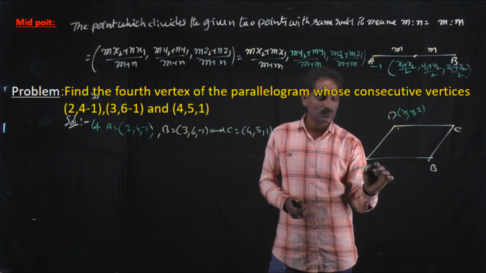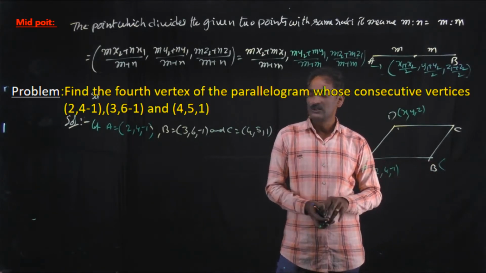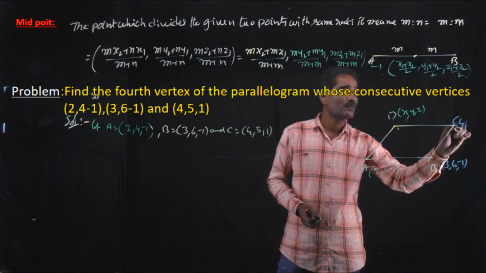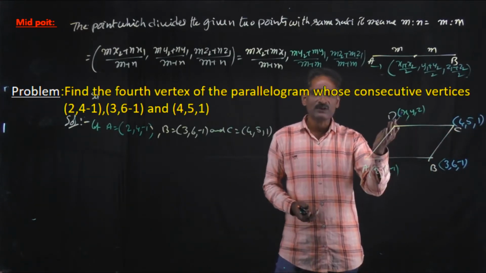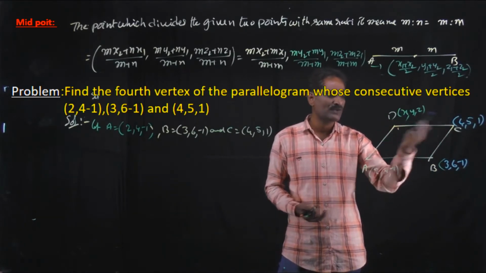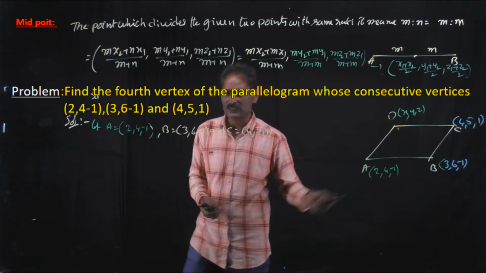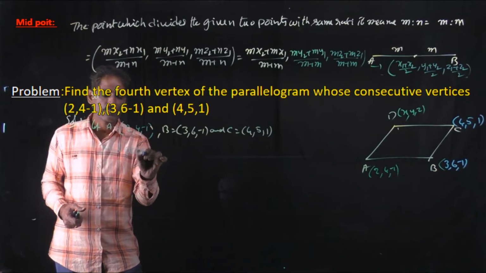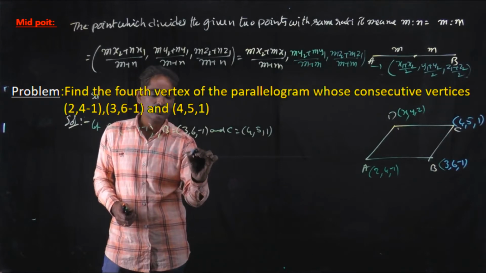So A is equal to 2, 4, minus 1 and B is 3, 6, minus 1 and C is 4, 5, 1. Okay, so how can we find the coordinates of this point? In the parallelogram, diagonal midpoints are equal. That means midpoint of AC equal to midpoint of BD. Otherwise, there is a shortcut formula also to find the fourth vertex. Later we will discuss that. So midpoint of AC is equal to